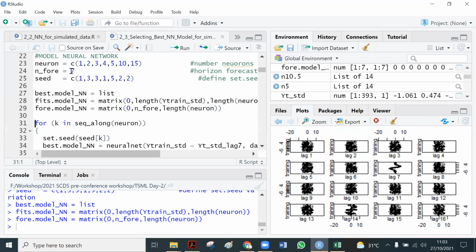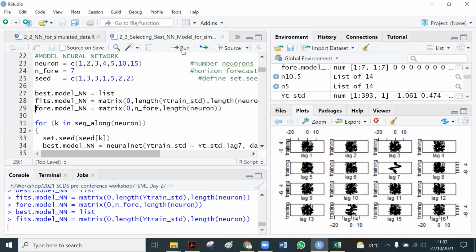And we want to forecast 7 periods ahead, and we determine the seed. The initial seed is determined in this vector, and then we make a variable to save the output produced by the neural network.